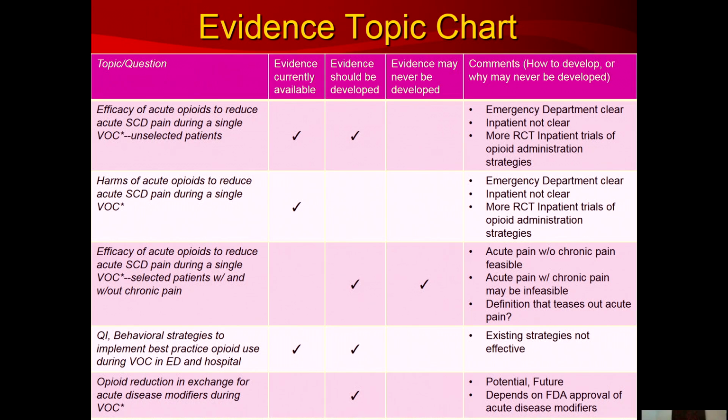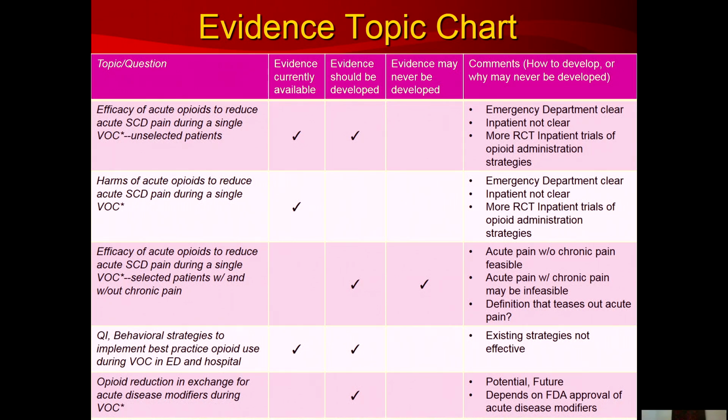I said that for the harms of acute opioids to reduce acute vaso-occlusive pain during a single vaso-occlusive episode, the evidence is available there. In the randomized controlled trials, there were some harms, but there's also good, strong survey and cohort evidence. For example, deaths due to opioids from sickle cell disease over the last 10 years have been about 1/10 of the deaths from opioid use due to migraines. I said that in the emergency department, again, it's clear what to do, and that we need, again, more inpatient trials